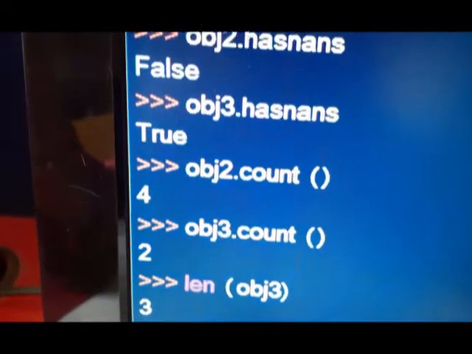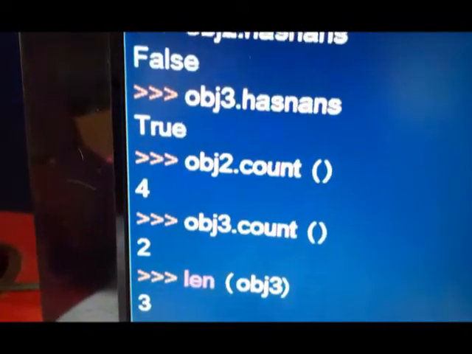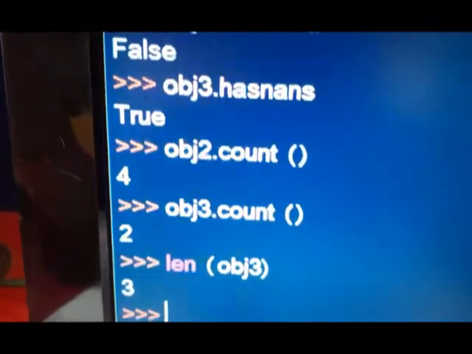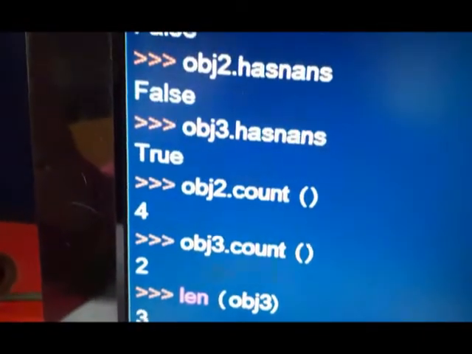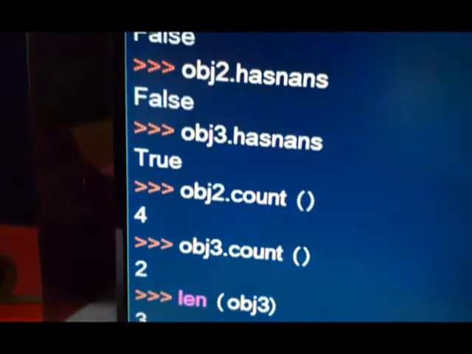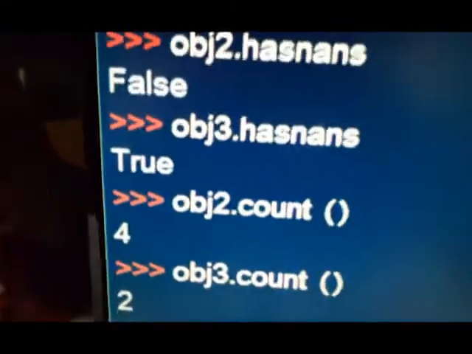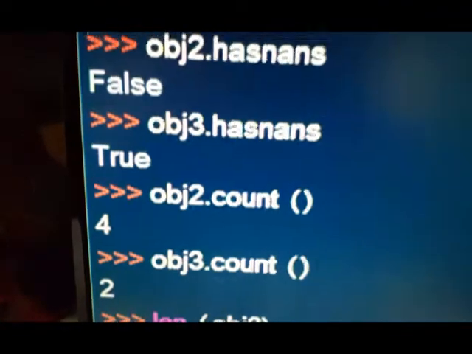So len is a function common to all types of objects. Only len and then obj3 is to be passed, whereas for count we need a series type of object, because it is associated with series. So we need series object dot count.